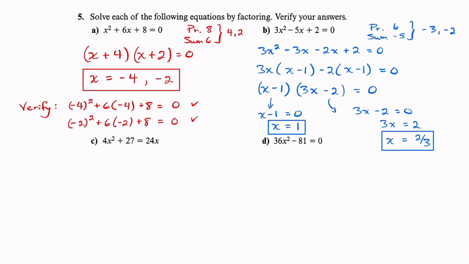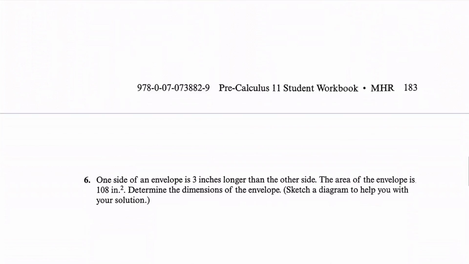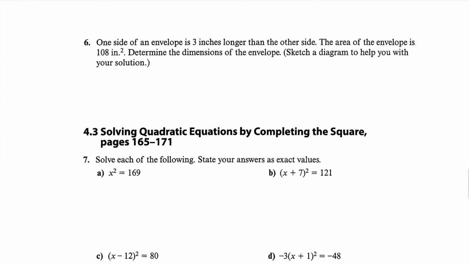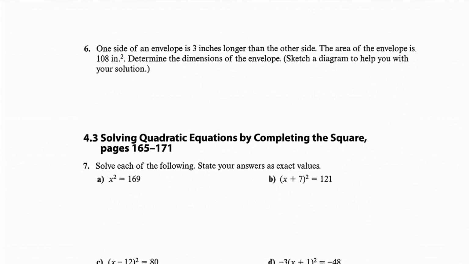If you don't, that means it's extraneous and you need to get rid of it. So moving from that one, next we're going to look at number 6 here. So 6 says, one side of an envelope is 3 inches longer than the other side. The area of the envelope is 108 inches squared. Determine the dimensions of the envelope, and we want to first start by sketching our diagram in order to help